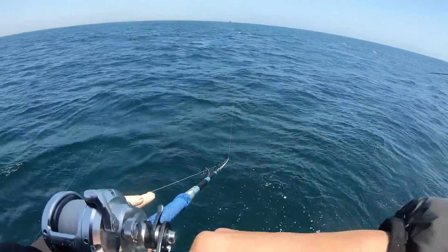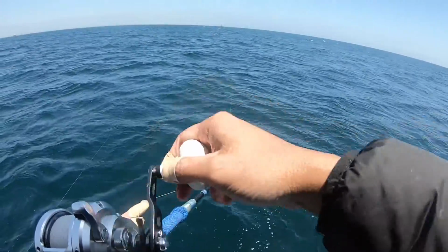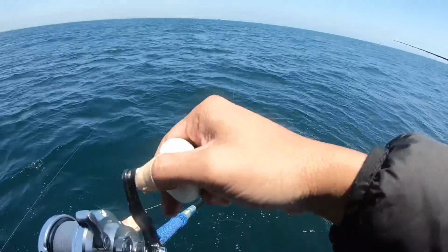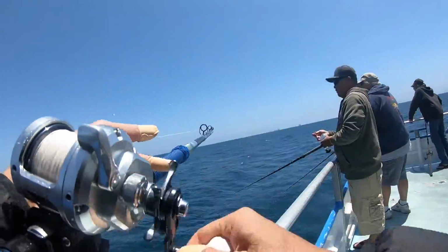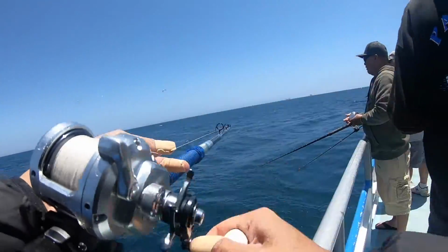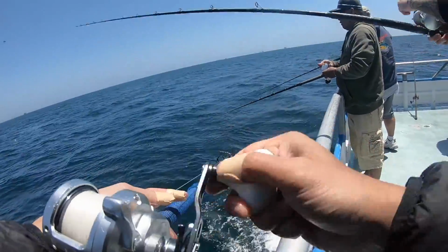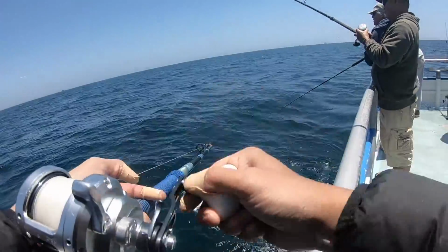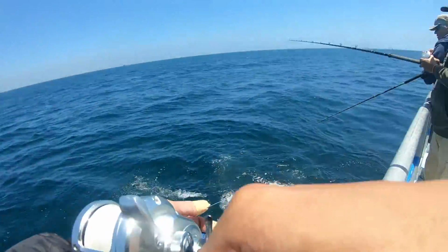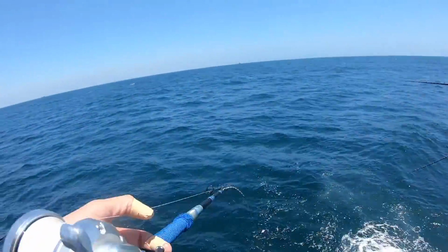The thing to keep in mind is a lot of the time when we're fishing surface iron, and you're hooked up to, say, a barracuda or anything under 10 pounds: if you're using a 40-pound setup, it's going to be pretty simple to bounce the fish up. You're using heavy gear. But if you're throwing something like this little jig with this light tip, you don't necessarily want to do that,